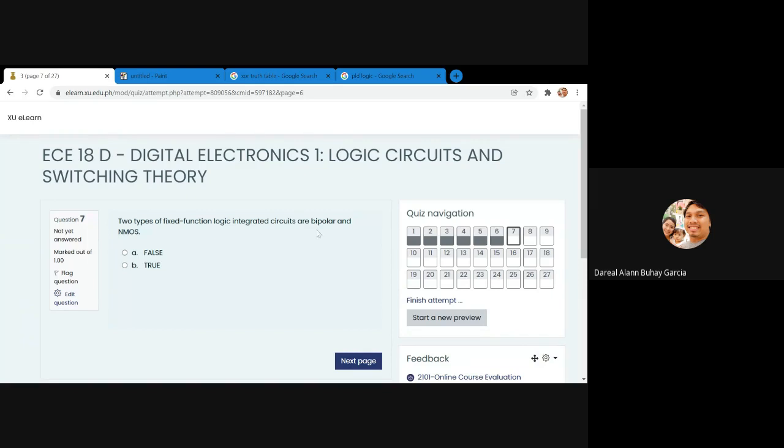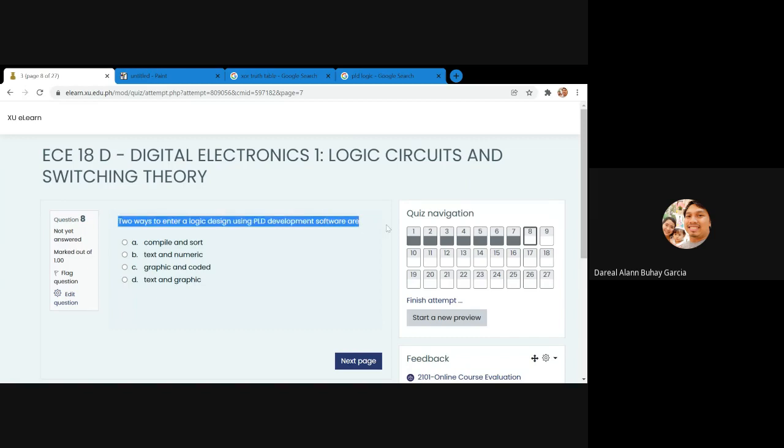Technically, ang TTL dapat. NMOS ito or CMOS? Diba CMOS? So, mali. Two ways to enter logic design using PLD development software are